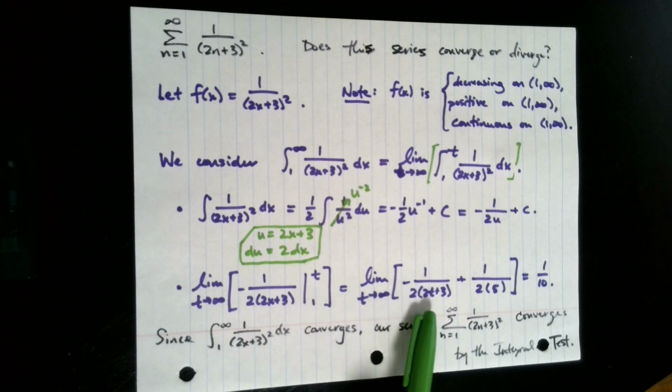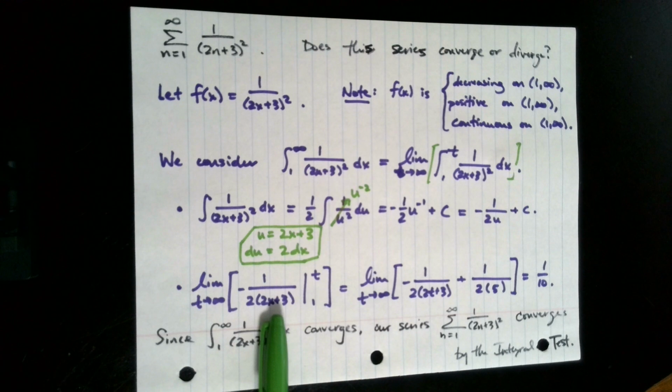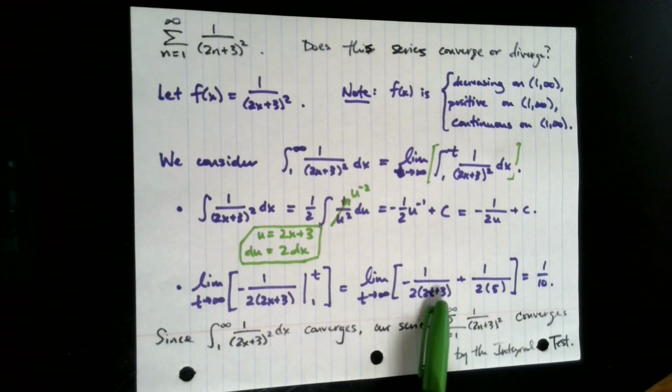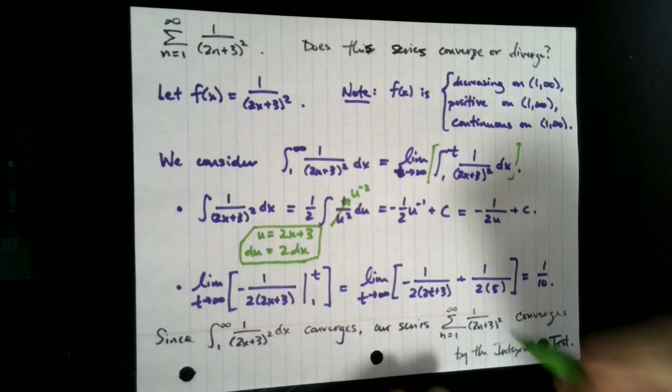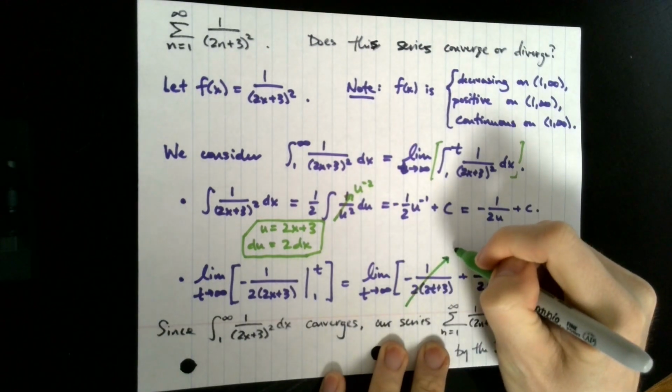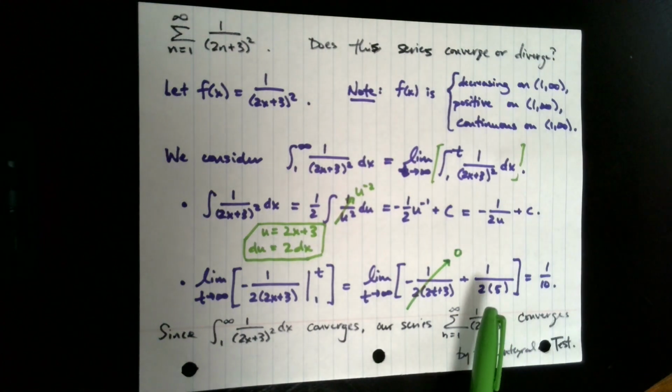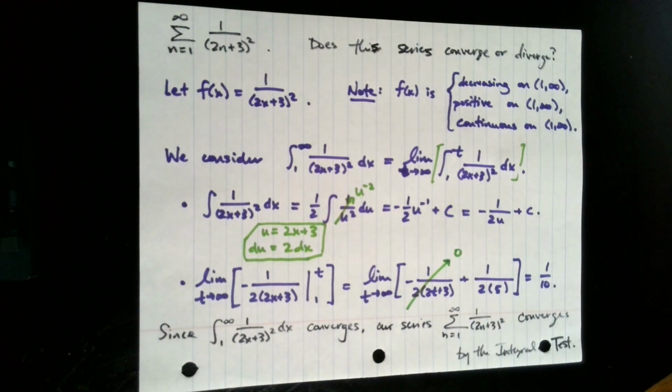Evaluating at t is pretty simple, just plug in t for x. Evaluating at 1, note inside the parenthesis you get a 5 when you evaluate at 1. So ultimately our expression comes out to be what it is as written here. Now we're taking a limit as t goes to infinity. So ultimately the denominator of this fraction is getting very big. And as the denominator gets very big, the fraction value goes to 0. And as a result, the only thing that's left is this 1 over 2 times 5, which evaluates to